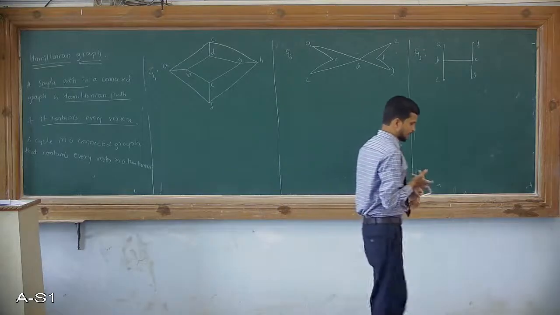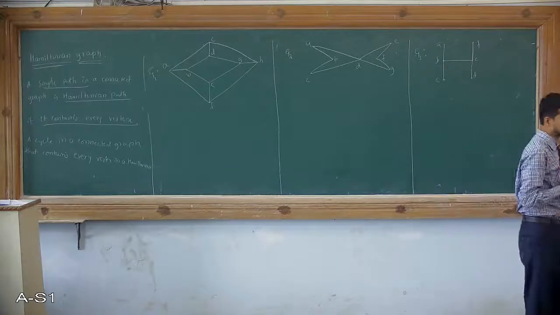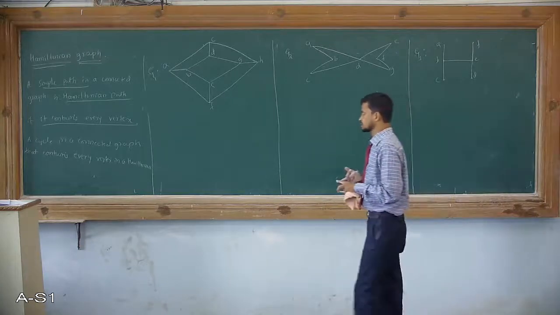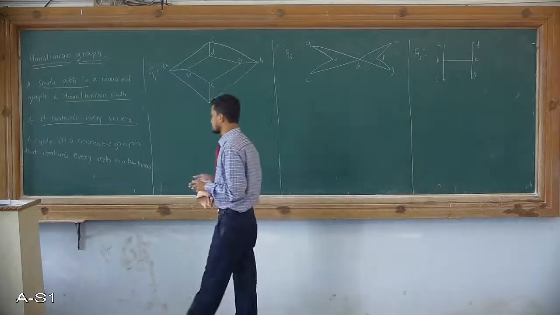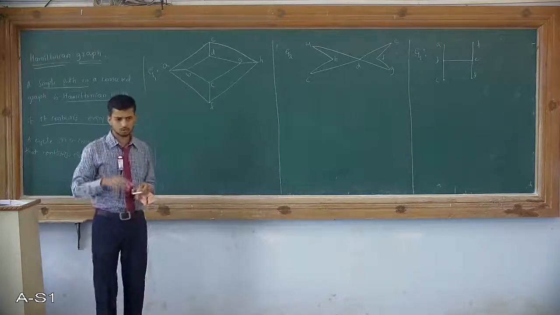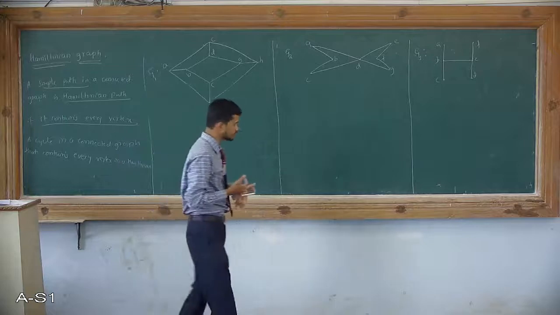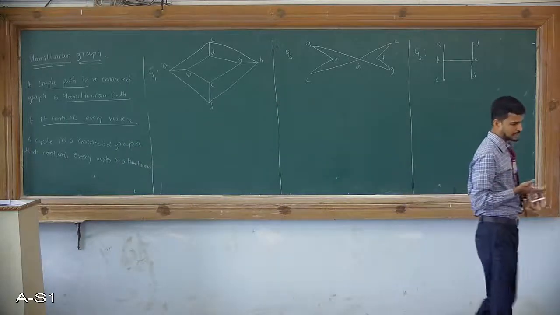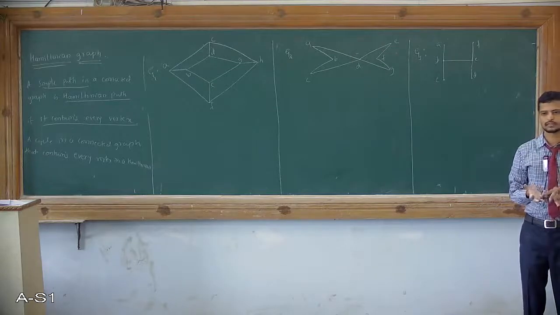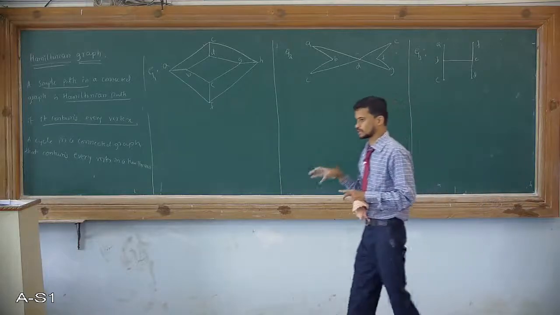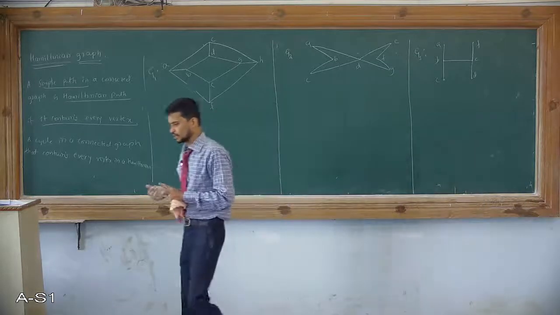If the end point and starting point are the same, that is called a Hamiltonian cycle. It means it is a connected graph, it contains every vertex in a Hamiltonian path. So that is called a Hamiltonian cycle. It is a closed path. And the last one is the Hamiltonian graph. A graph is said to be Hamiltonian if it includes a Hamiltonian cycle, meaning a closed Hamiltonian path is there, then that is said to be a Hamiltonian graph.